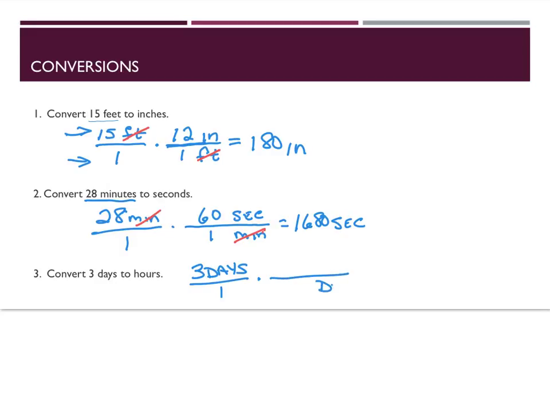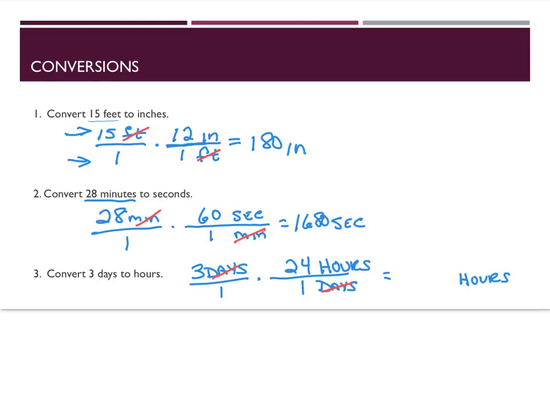I don't want my answer in days, so days needs to go on the bottom so it'll cancel out. And I want my answer to be in hours, that goes on top. The relationship between hours and days is there are 24 hours in one day. My units cancel out the days, which tells me that my final answer will be in hours if I do